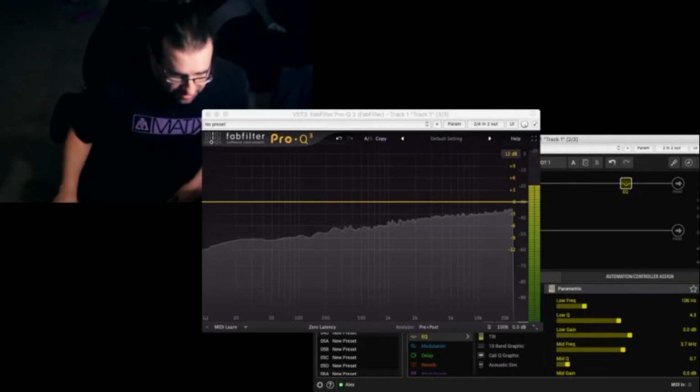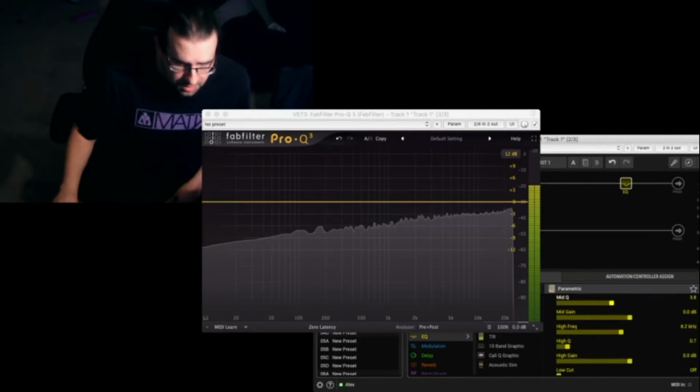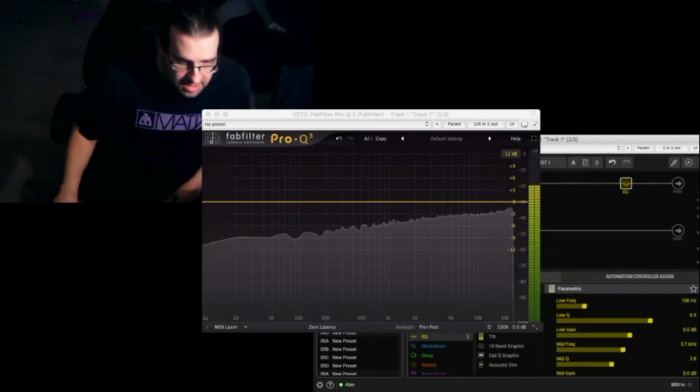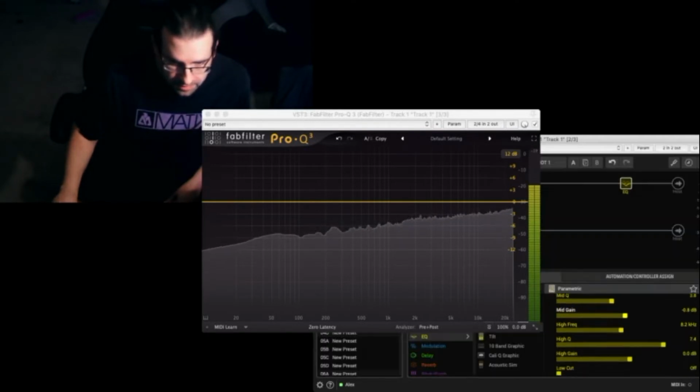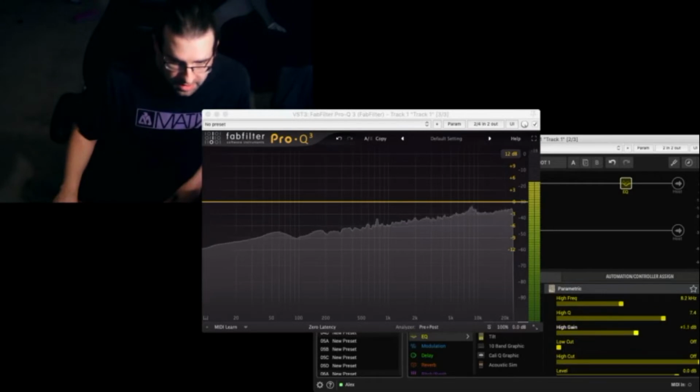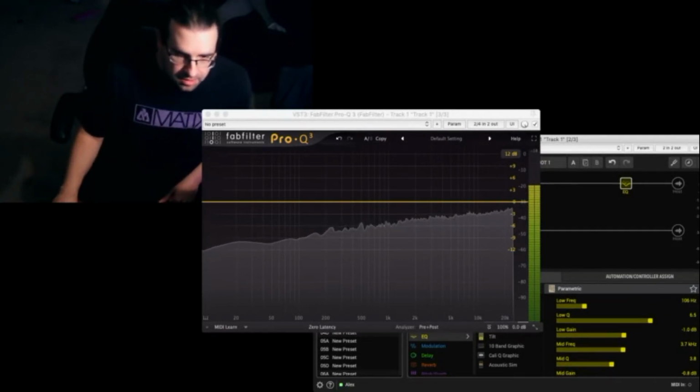And you also have a Q parameter. You have a low Q, a mid Q, a high Q. You also get a gain parameter, low gain, mid gain, and a high gain. So in a nutshell, you have a 3-band EQ, and you get to select your low frequency, your mid frequency,